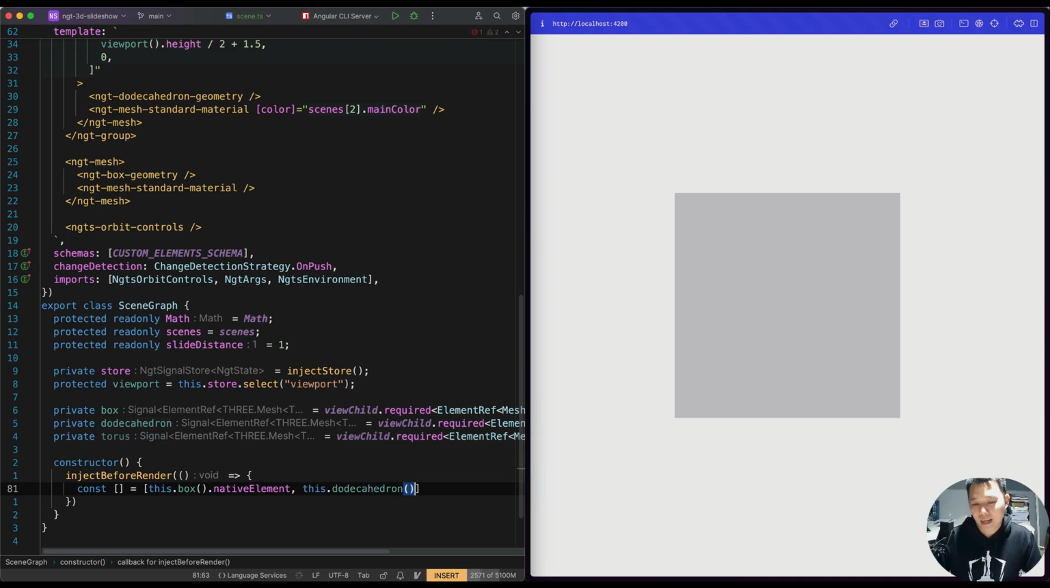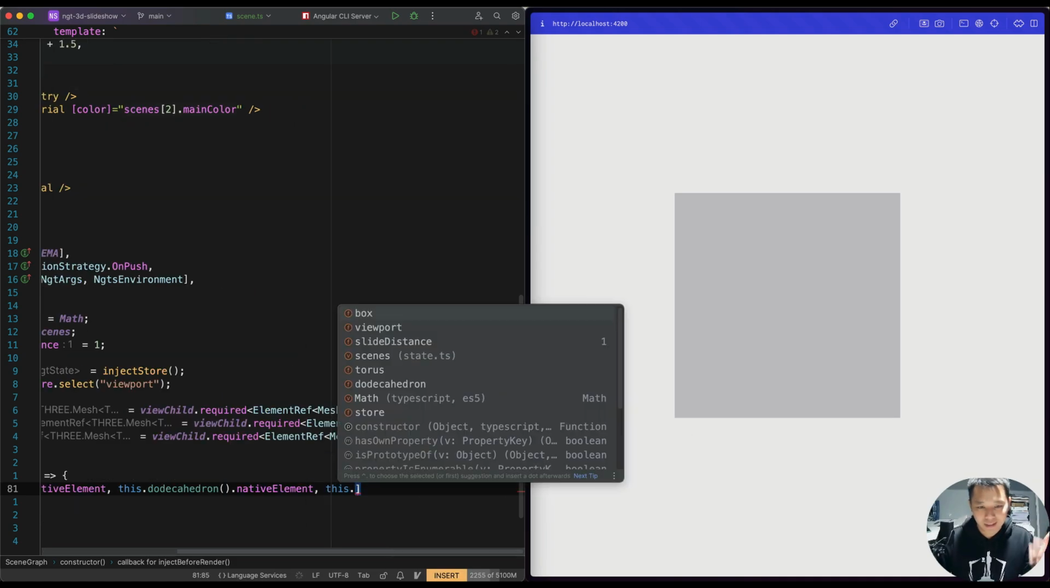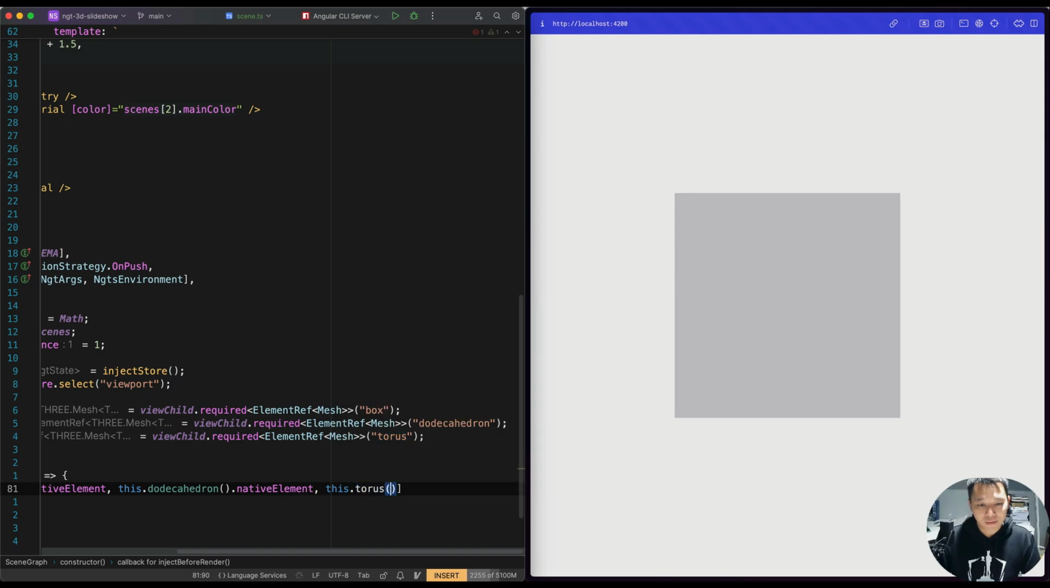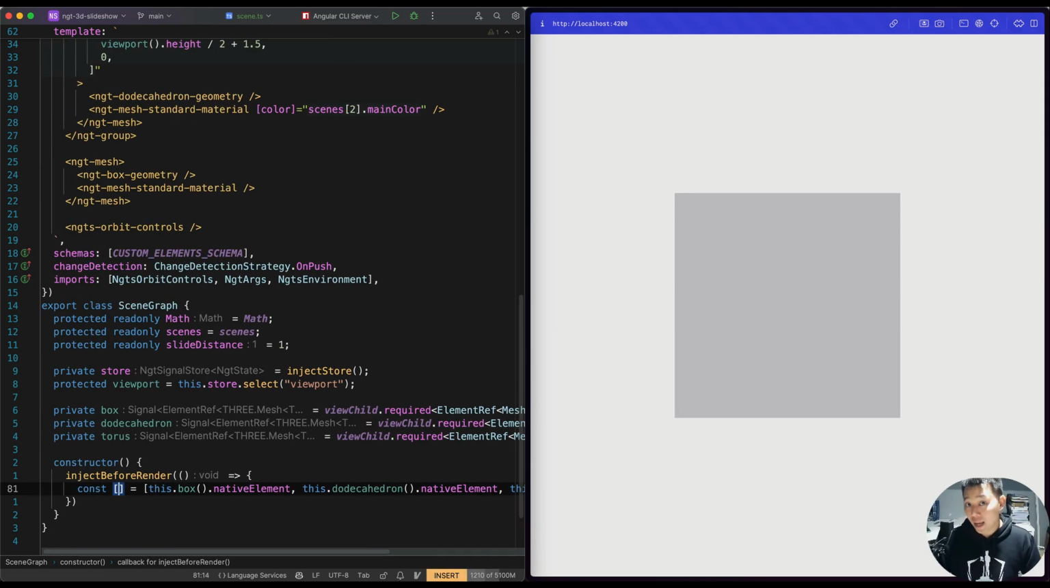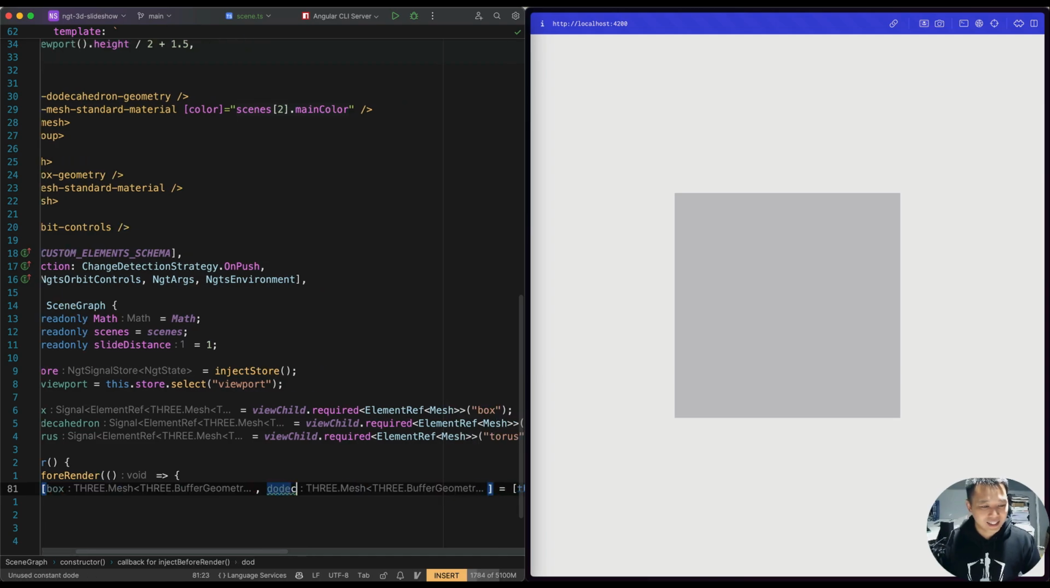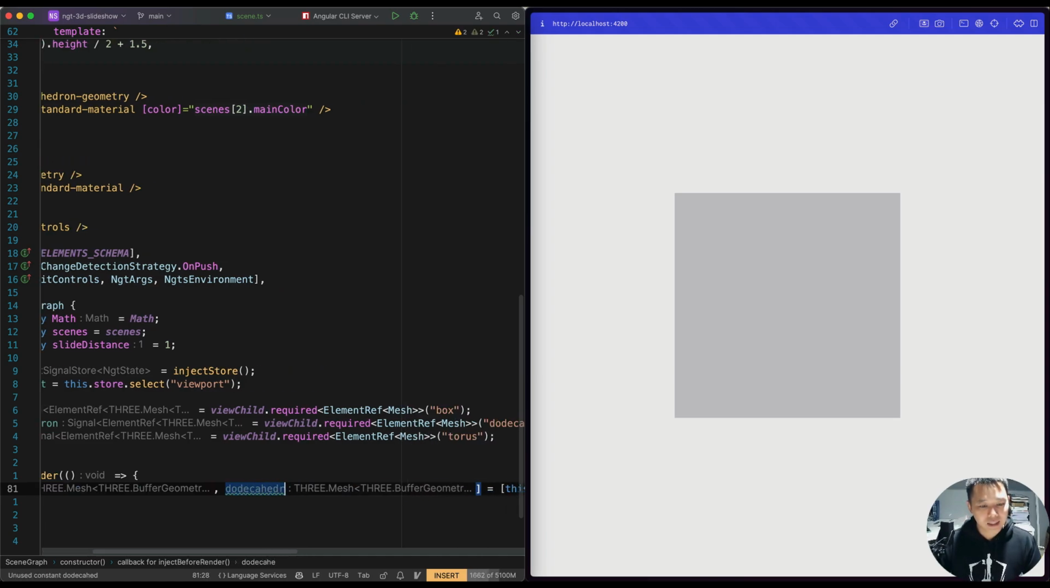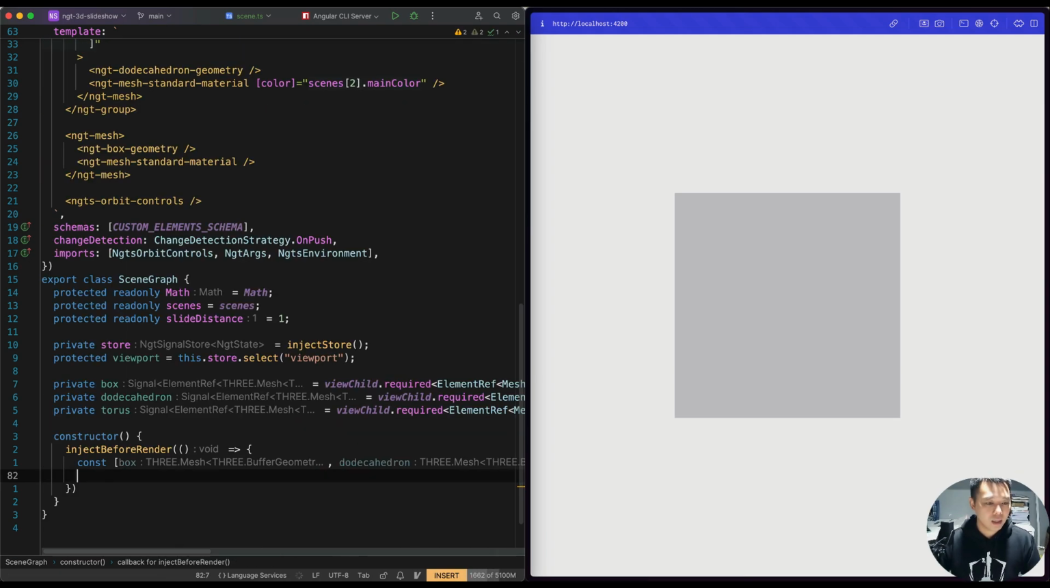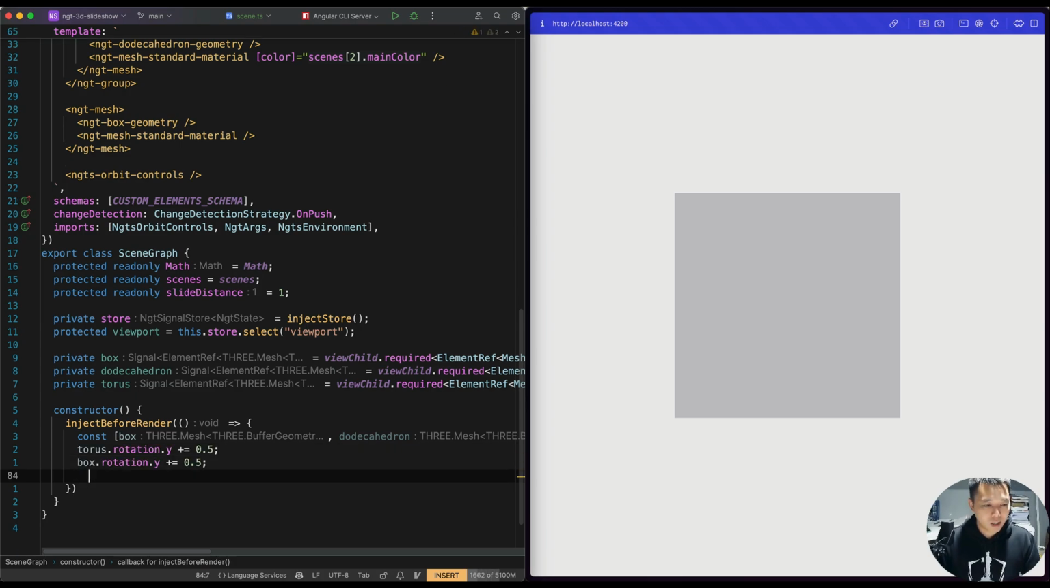You should know this. I don't have to explain this part if you're an Angular developer, right? So we just grab those ElementRef nativeElement, which is gonna change soon. So check out the RFC on the DOM ref. We have this, and we have the torus, and we just use whatever